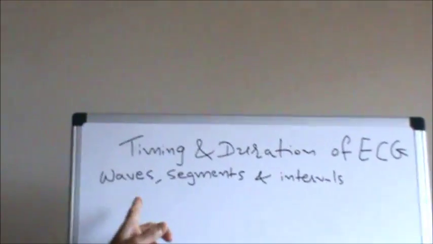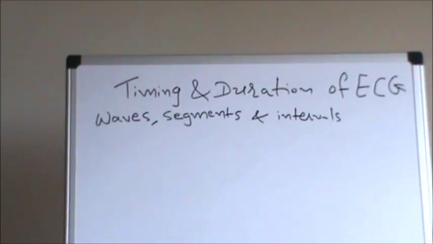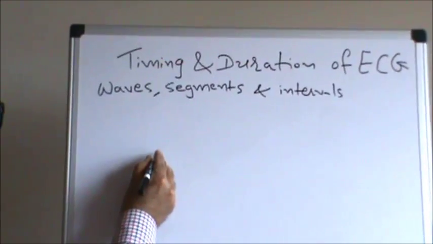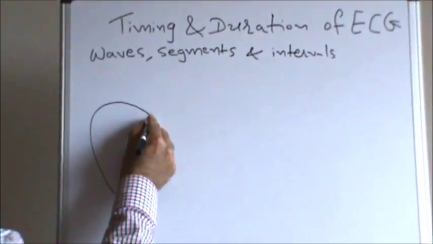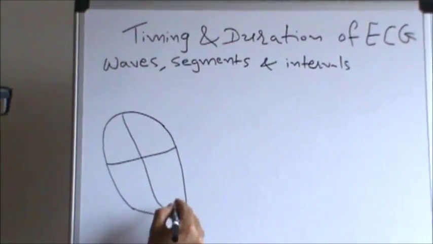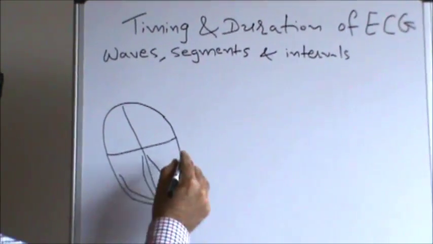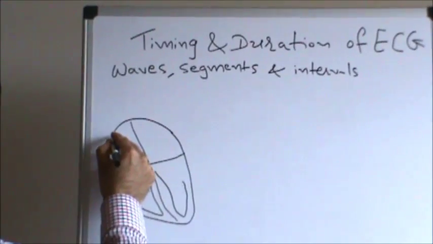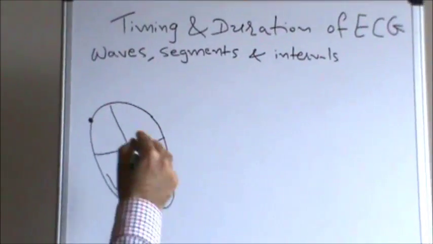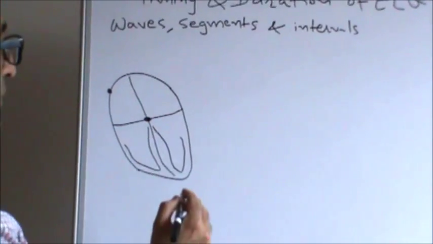Let's review timing and duration of ECG waves, segments and intervals. This is your friend SA node. This is AV node, bundle branch, atrium, ventricles that you know. If you remember,